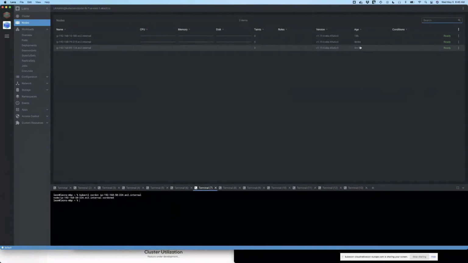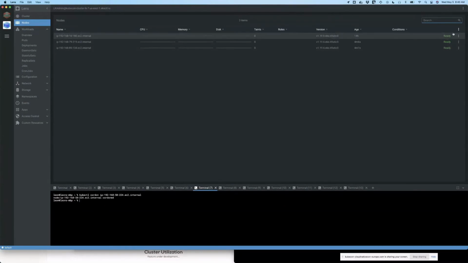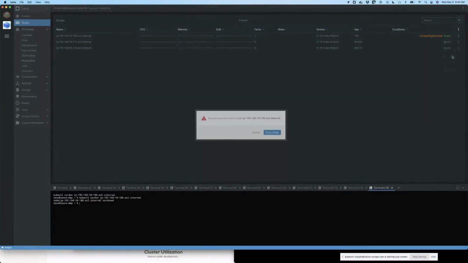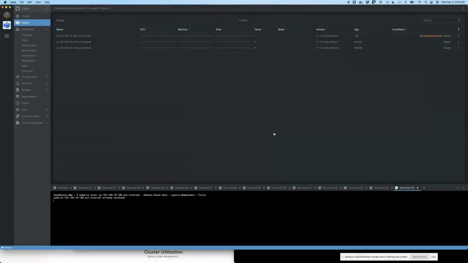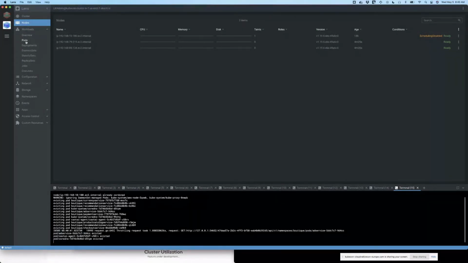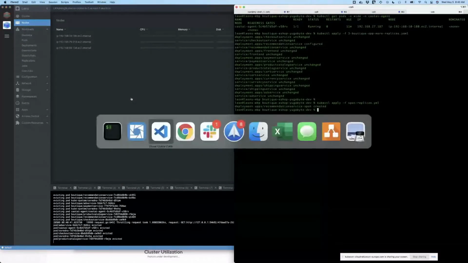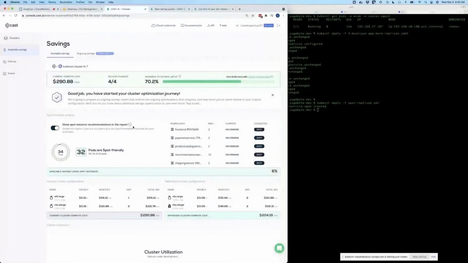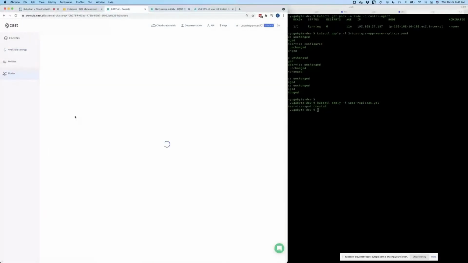So we've got these 2 instances that are running. We can actually cordon and drain this guy now while we're working. Okay, and then if we go back to our nodes, we should see in the next minute or so, if we go back to our nodes list,